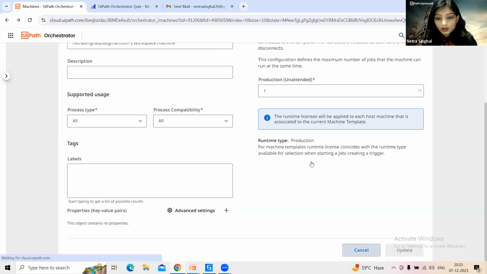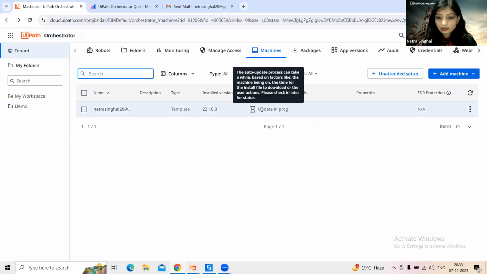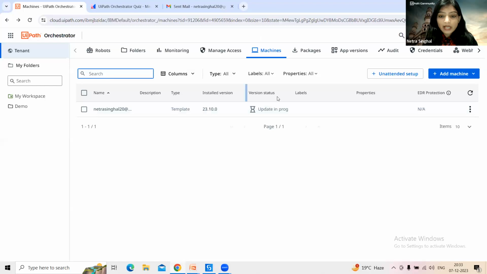Okay. So yeah, so this is how it will look like. It will show the type here. Whatever machine you select, it will show the type here, the installed version, the version status. So it has auto update, so it can go to update. So yeah, so we have created the folder, we have created the machine, and yes,